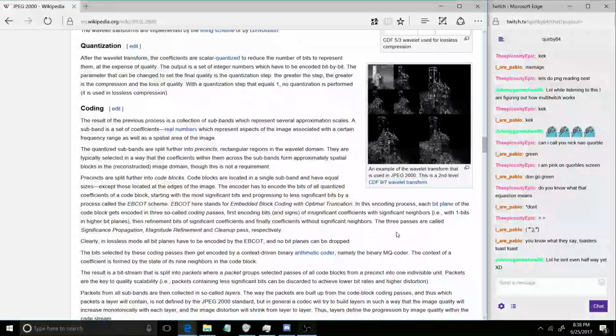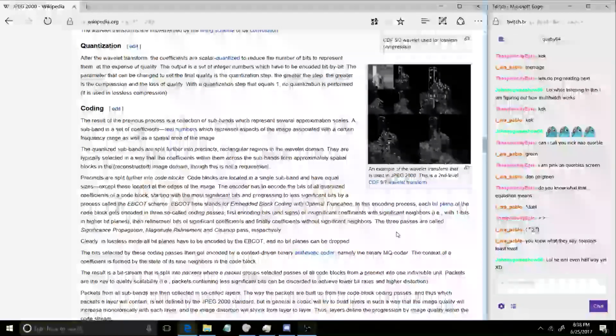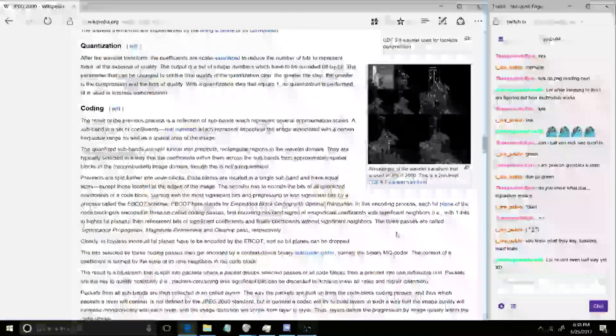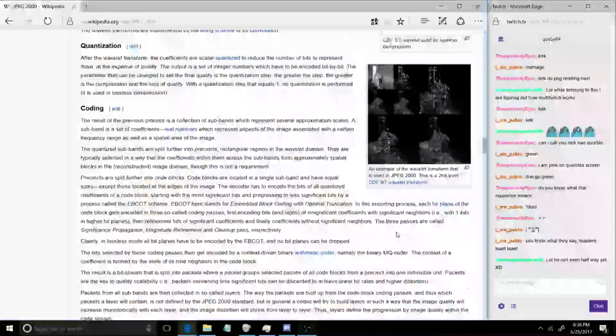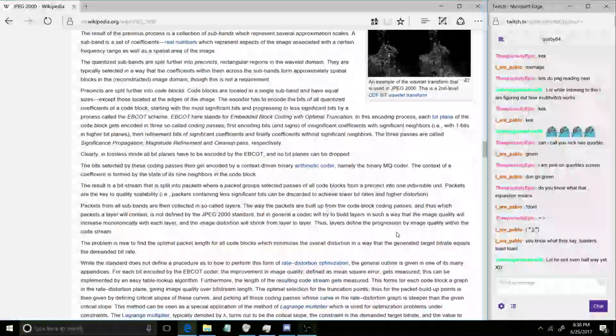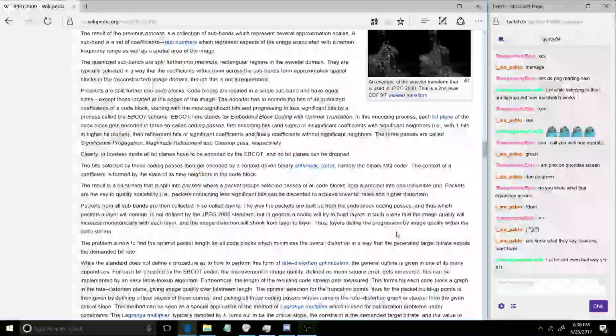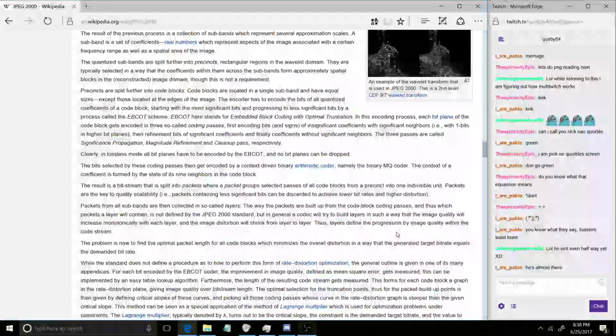Packets are the key to quality scalability, i.e. packets containing less significant bits can be discarded to achieve lower bit rates and lower resolution. Packets from all subbands are then collected in the so-called layers. The way that packets are built up from the code block coding passes, and which packets a layer will